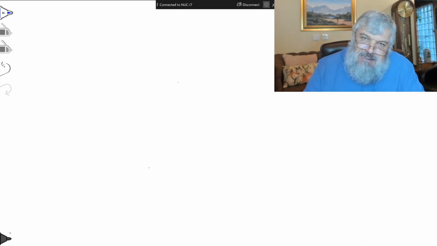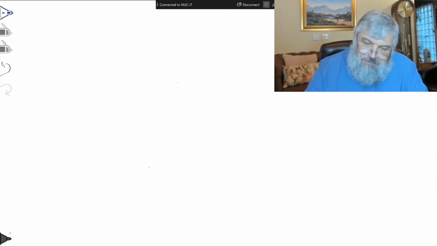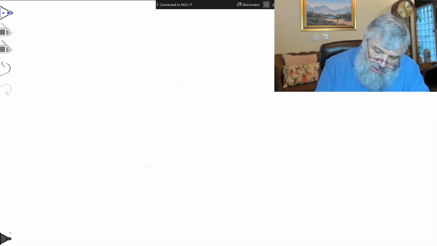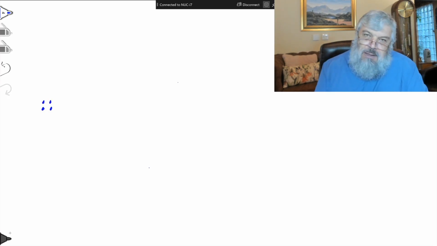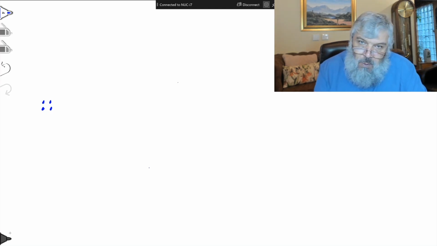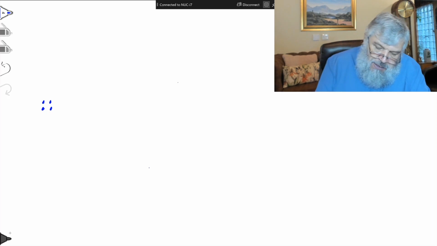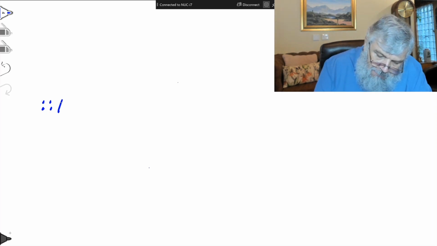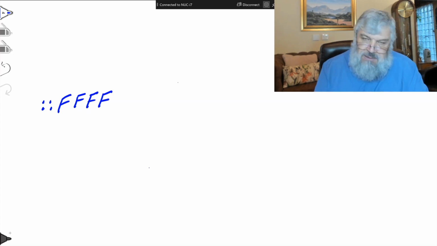And the mechanism that was proposed for that is to use addresses of the form colon, colon. In other words, let's use all zeros, and then at some point I'm going to say all ones.